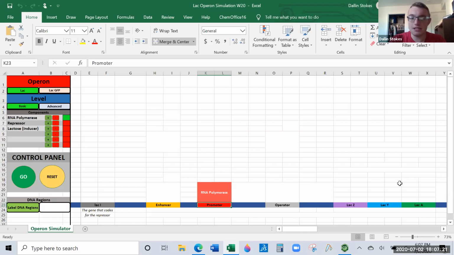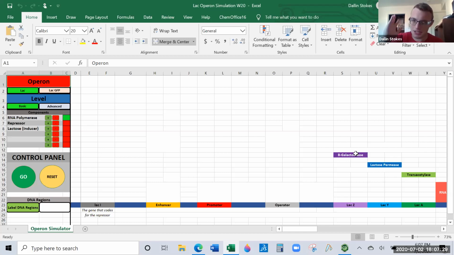So these proteins that we build, let me go here. The RNA polymerase goes down and builds, and we'll just sum it up by saying that these 3 proteins result. These 3 proteins, beta-galactosidase, lactose permease, and transacetylase, have a specific function in the cell. In particular, these ones are in charge of digesting a sugar called lactose.